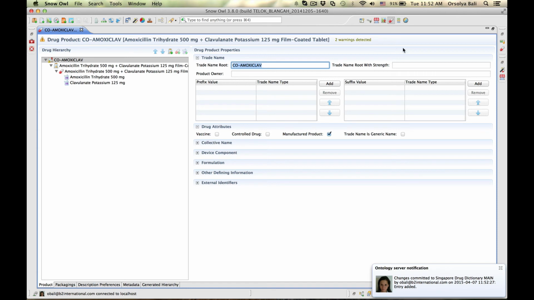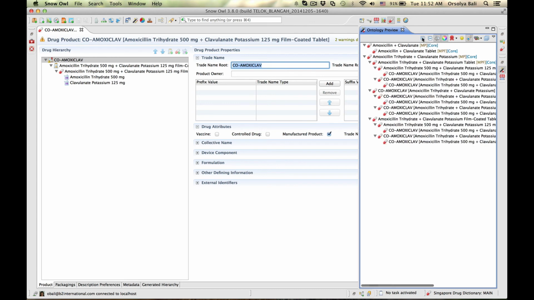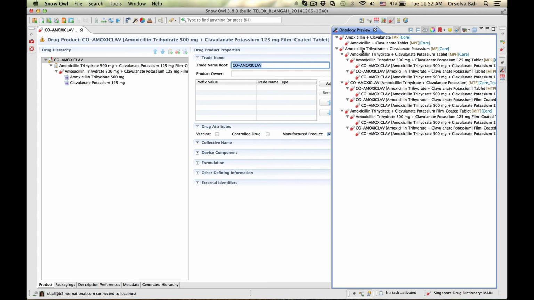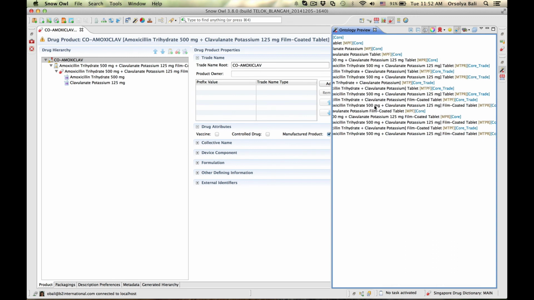And at this point, we would move on, and using this definition, we would generate ontology and concepts into the SNOMED CT hierarchy. It is possible to have a preview on what is actually going to be generated here. We have a number of hierarchies, both traded and unbranded, where on the very top level we have a very abstract definition of the drug using only the ingredients, whereas at the bottom level we have a very detailed description with strength,